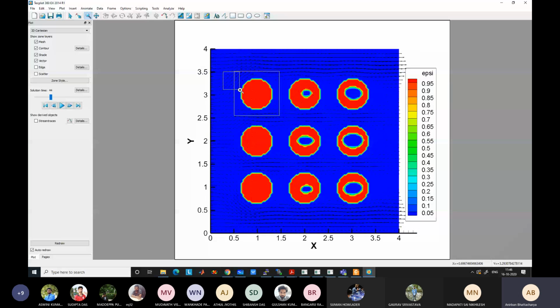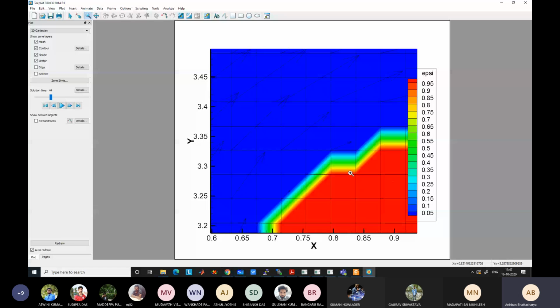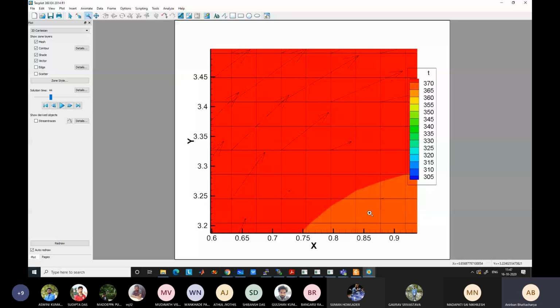Okay, now this is better. Each of these squares is a control volume in our simulation, and each of them is represented by a single point at its center. So the center value of temperature at this point will be some temperature. And the center value of temperature at this point is some other temperature. Center value of temperature at this point.